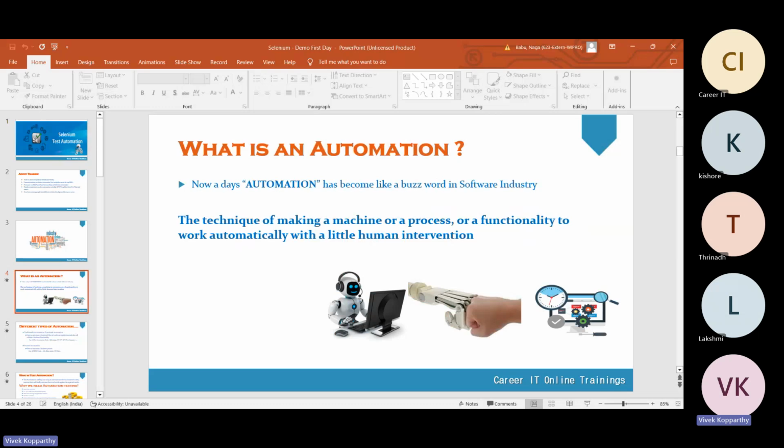That entire testing is taken care of by another software, and that scenario we call automation. The software taking care of this testing has the capability of mimicking human behavior, acting just like a human being.